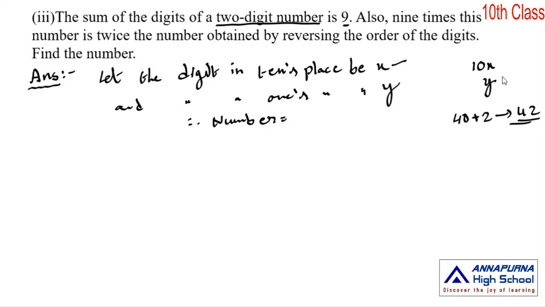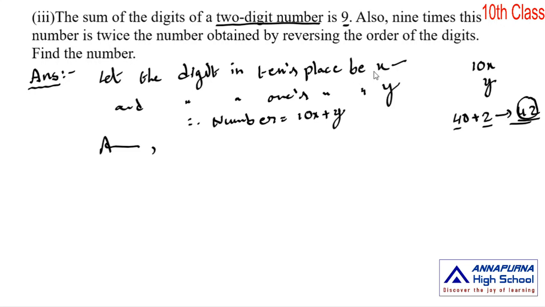Here also I am following the same basic rule. X in tens place, so its place value is 10x. Y in ones place, so its place value is y. So by adding these two place values we get the two digit number. Therefore the two digit number is 10x plus y. Here we know the digits, we know the values of the digits, so that's why we get the two digit number very clearly. But here we don't know the digits in tens and ones place, so that's why we present the two digit number in expression form.